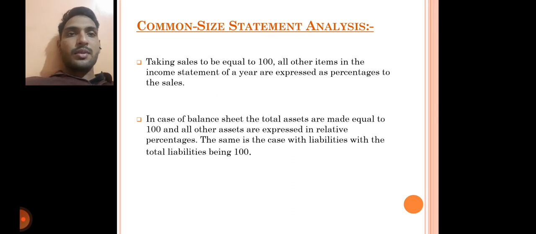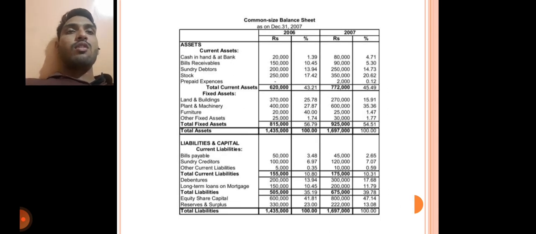In common size statement analysis, taking the sales to be equal to 100, all other items in the income statement of the year are expressed as a percentage of the sales. In the case of the balance sheet, the total assets are made equal to 100 and all the other assets are expressed in relative percentage. The same is the case with liabilities, with the total liabilities being 100. So this is the example of a common size balance sheet,